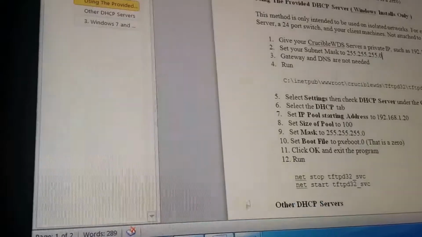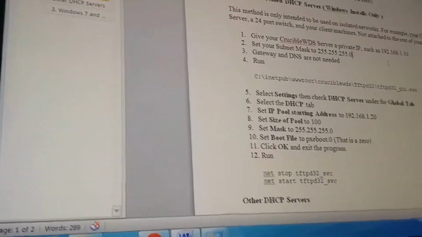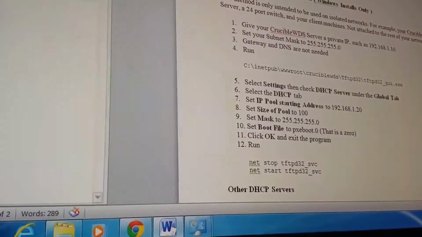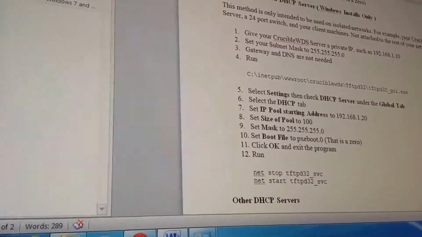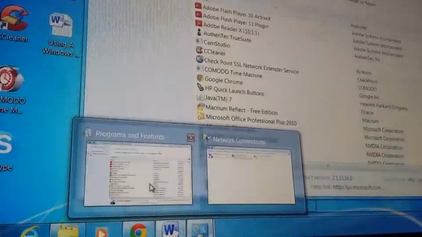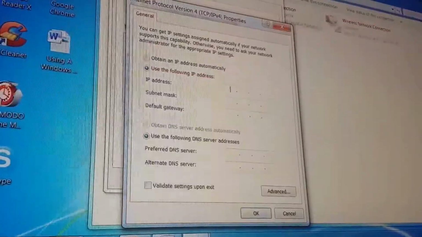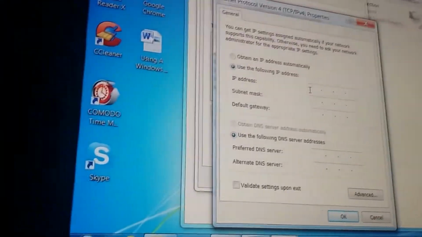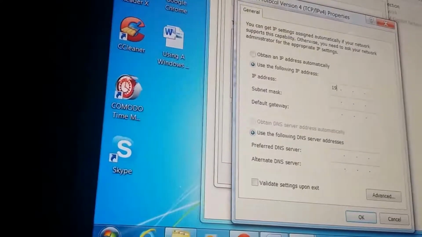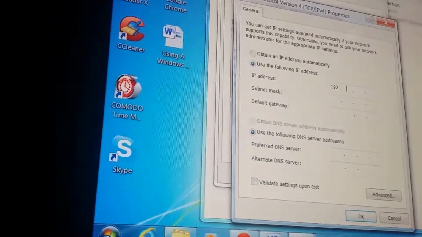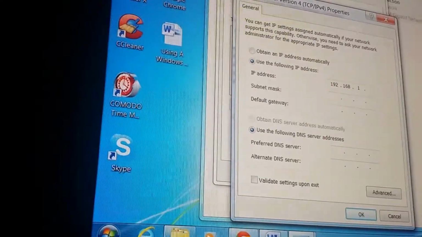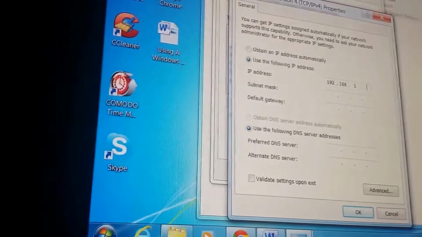So let's go back to the doc. You can give anything you want, but I just want to keep everything the same so you guys can follow it from the document. So it's 192.168.1.10. So we're gonna go back in there. 192.168.1.10,